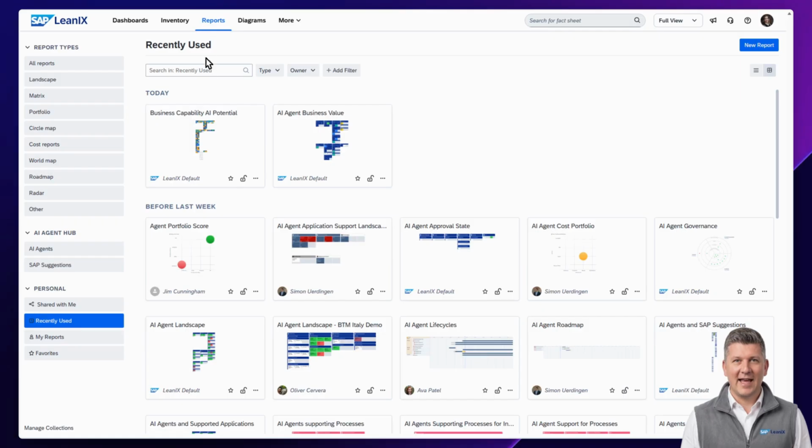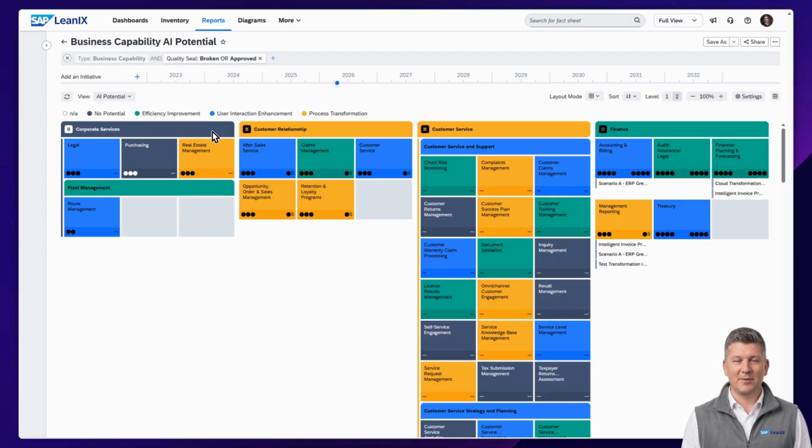To get the lay of the AI land, Liam has several reports he can access to gain further context on the overall AI potential for Arcstone. First, he starts with the Business Capability AI Potential Landscape Report. This allows him to understand which business capabilities are associated with which type of AI potential, minimizing investment where AI